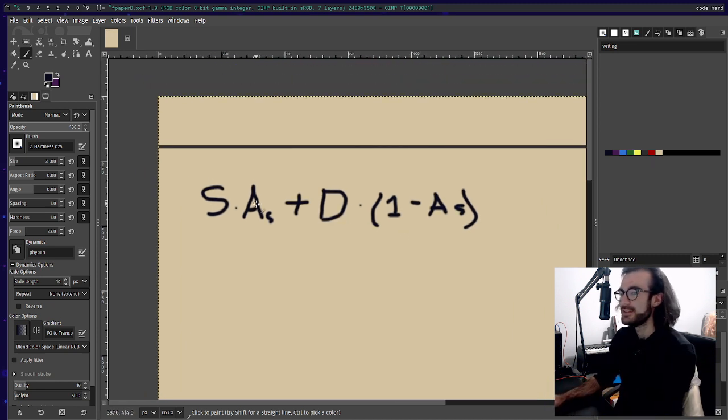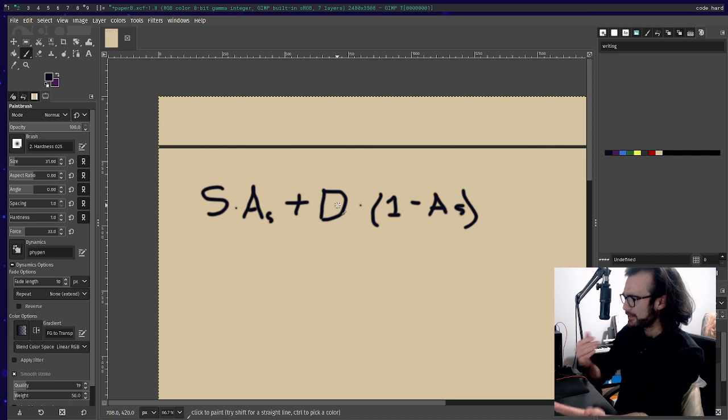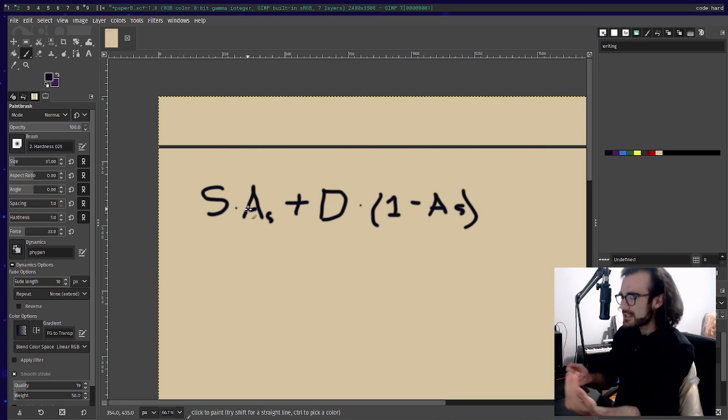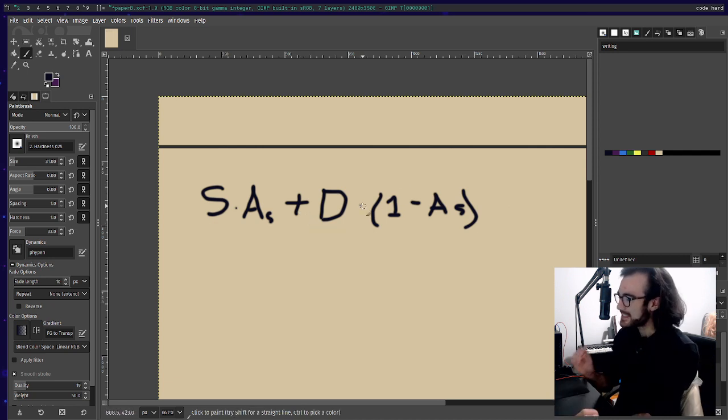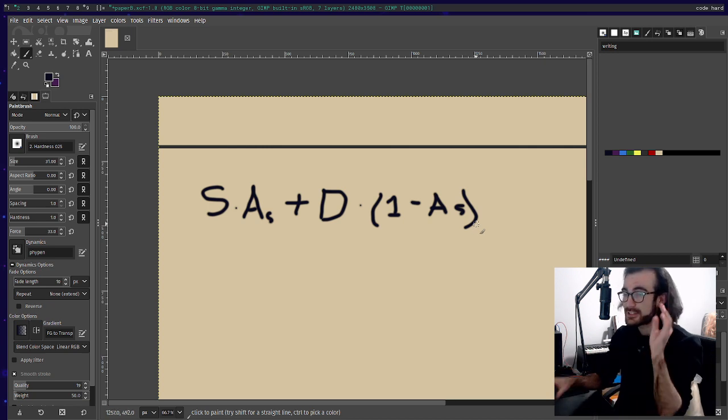This is how you blend colors with alpha. The destination is the background, the source is the thing in front of it. So if the source is very, very transparent, if AS is very, very low, then S goes towards 0 and D goes towards D. If the color is very, very opaque, if AS is close to 1, then the value of this bit is very close to S, and the value of this bit is very close to 0. The background has less of an impact on the foreground color. If A is 1, then this whole bit here is S, and this whole bit is 0, right? It disappears. The whole background disappears because it's opaque.